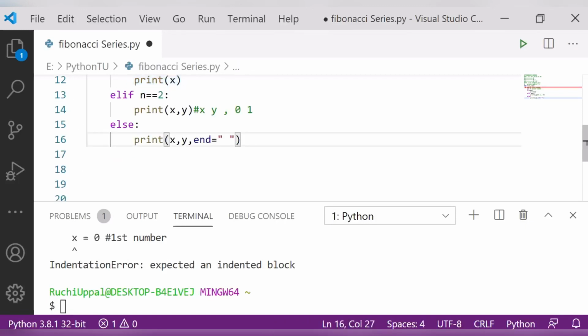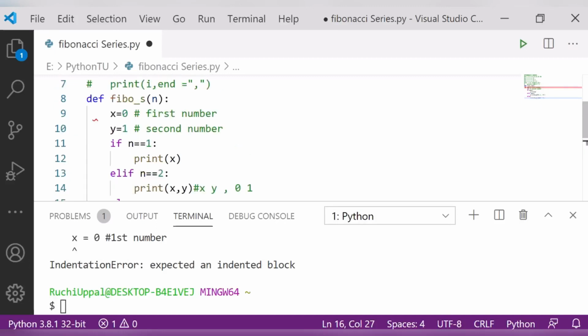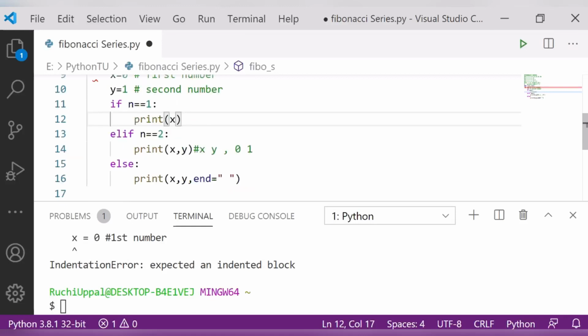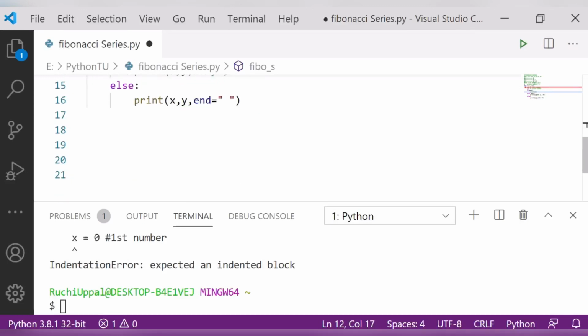After doing this, let's understand what is happening here. It will simply give me x and y, 0 and 1, that I already assigned the values here. After that, if I print it, what will happen here? You just have to understand this loop and how it is actually working.